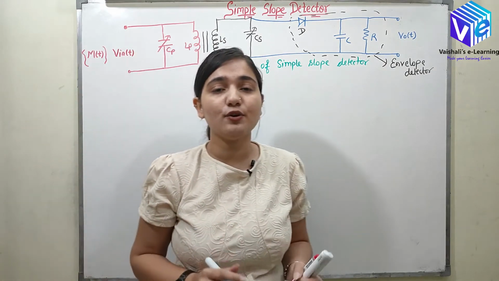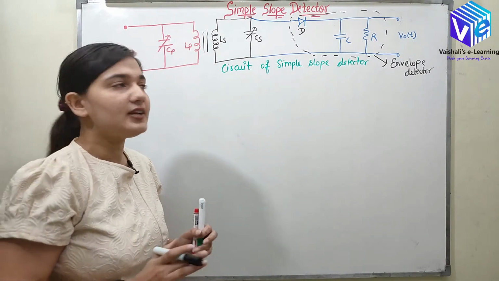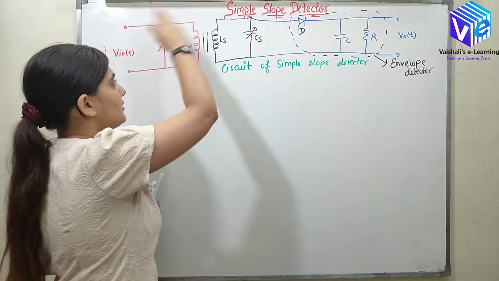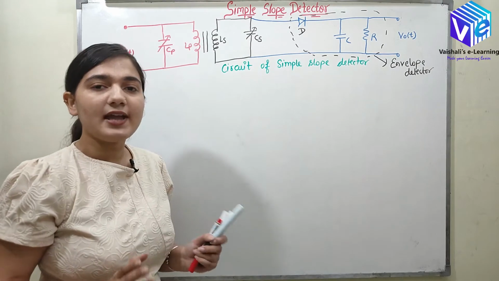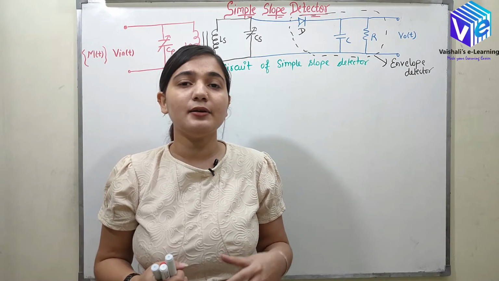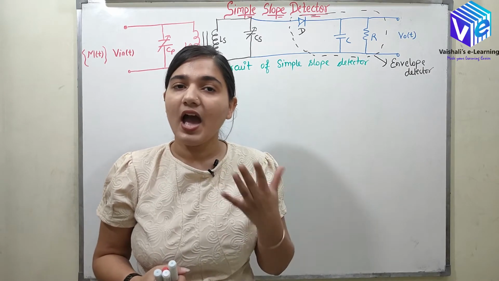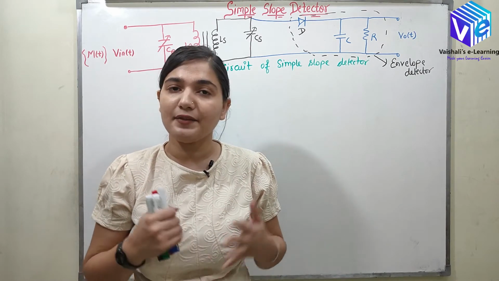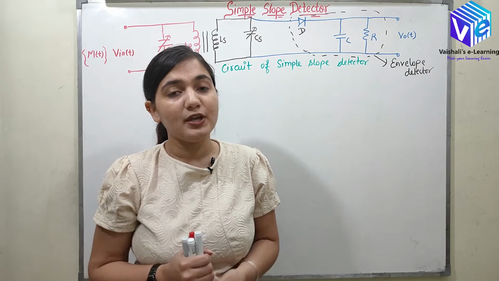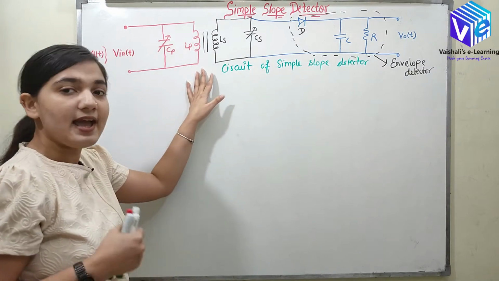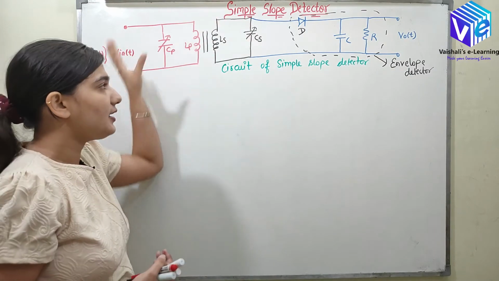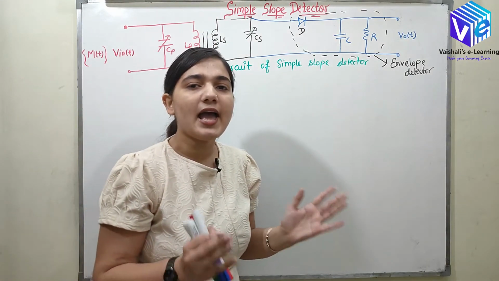In my previous video I said that we have a differentiator, and the differentiator is connected to the envelope detector. So this is the part which is working as a differentiator. In my previous video I told you that we need a differentiator at the frequency f_c, and we cannot make a differentiator at a high frequency using an op-amp. At high frequency f_c, we are taking a very high frequency. At high frequency we will be using this circuit which will work as a differentiator.